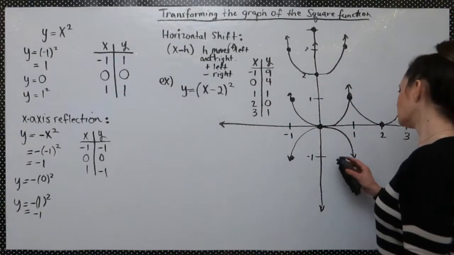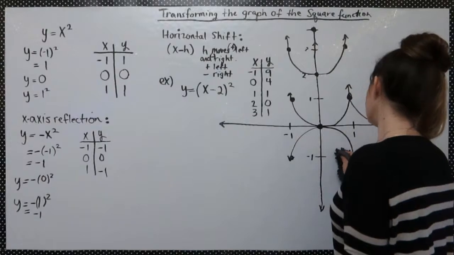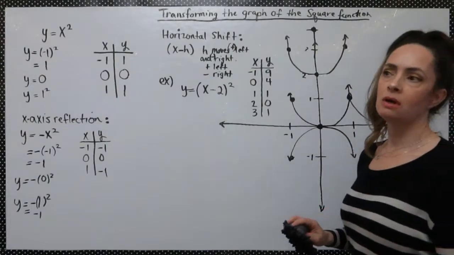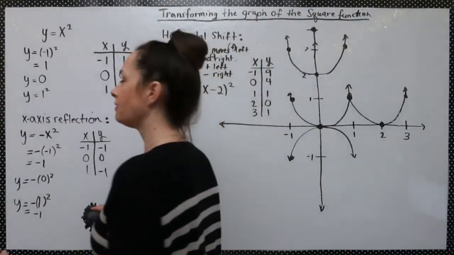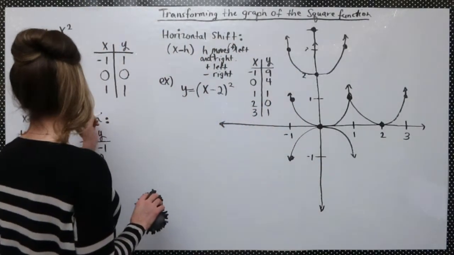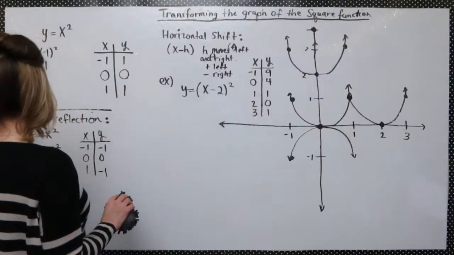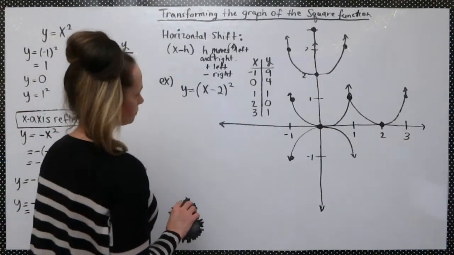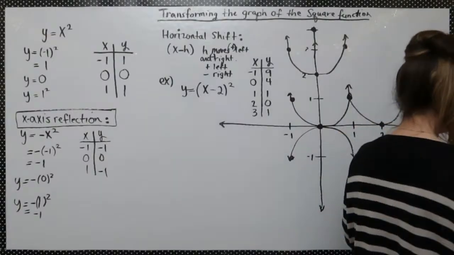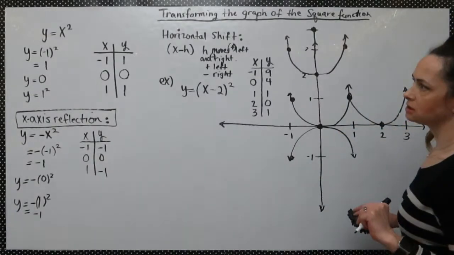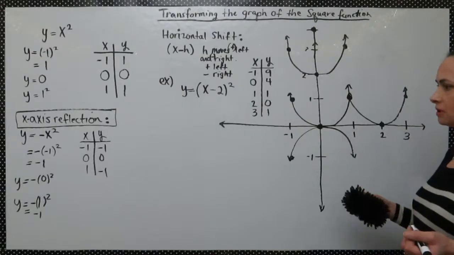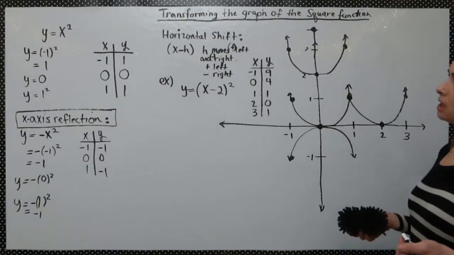And this is the one that we need for modeling projectile motion and falling bodies. We need this x-axis reflection right here for that equation. So that's one of the reasons why I wanted to do these transformations, because of that x-axis reflection. All right, so